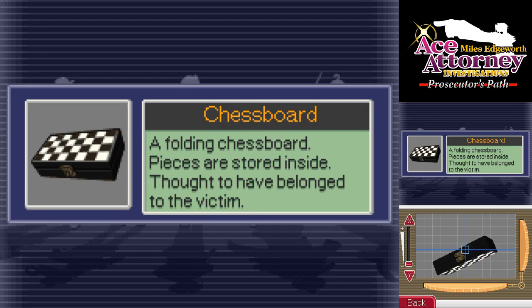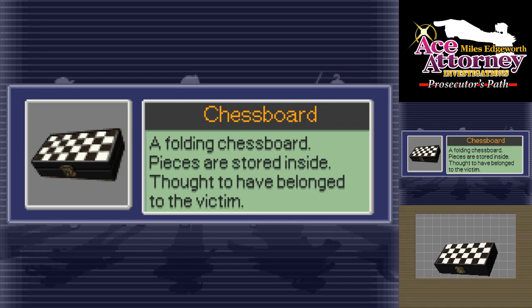Oh wow, I never actually got to examine this. You can open it from there. Hurry up and open it. Why are you getting so excited? What are you saying? Doesn't everyone get excited when they're opening a box? I think that probably applies to you only. I wouldn't be so sure, Edgeworth.